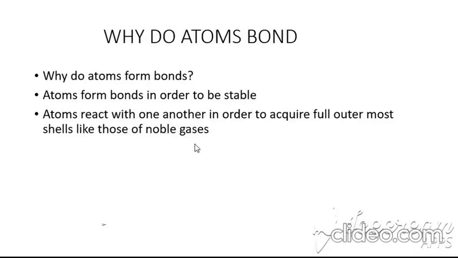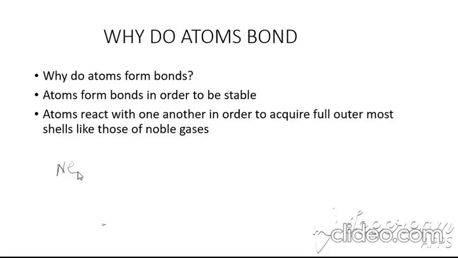They do not lose or gain electrons, because they are stable. They obey the octet rule, unlike helium, which obeys the duplet rule. So the reason why atoms react is because they want to be stable like noble gases, or they want to acquire a full outermost shell like those of noble gases. An example of an element found in group 8 of the periodic table, which is part of the noble gases, is